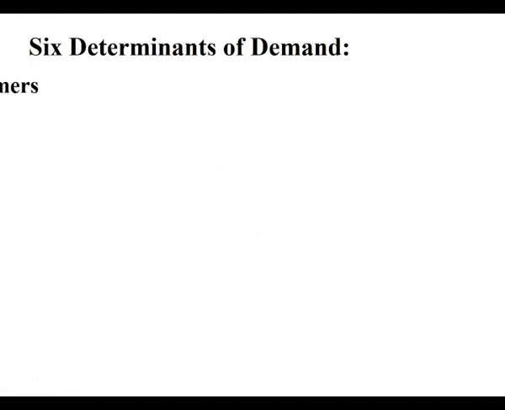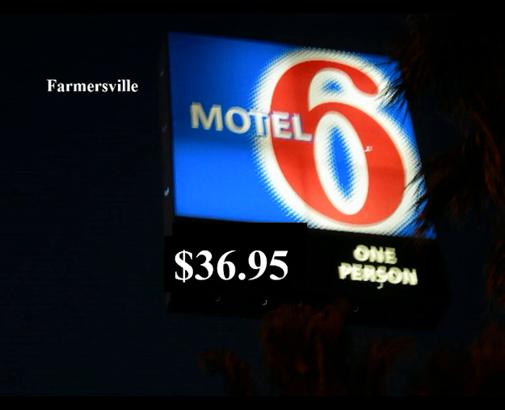There are 6 determinants of demand. The first one is number of consumers. There is a town in Central California. A good friend of mine's grandmother lives in the town of Farmersville. It's a real town, you can look it up, but it's very small. When you drive down the highway and see the Motel 6 at the off-ramp for Farmersville, the rate is pretty low. The rate for a room at the Motel 6 off the freeway in Farmersville is only about